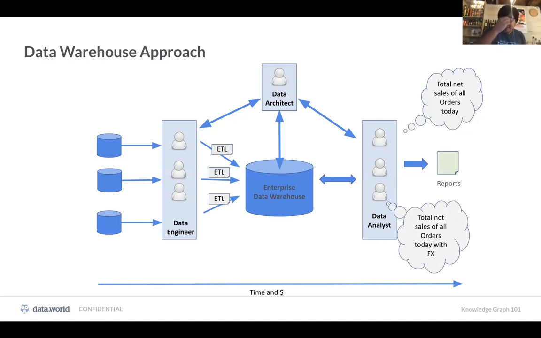But what happens is that during this time, the data analyst is still solving their problem in their ad hoc way, be it the spreadsheet approach or that query approach. At that time, they're going to compare the same answer to the same question. They're going to compare the answer from their ad hoc approach to the answer that comes from the data warehouse. Do you think the answers are going to be the same?